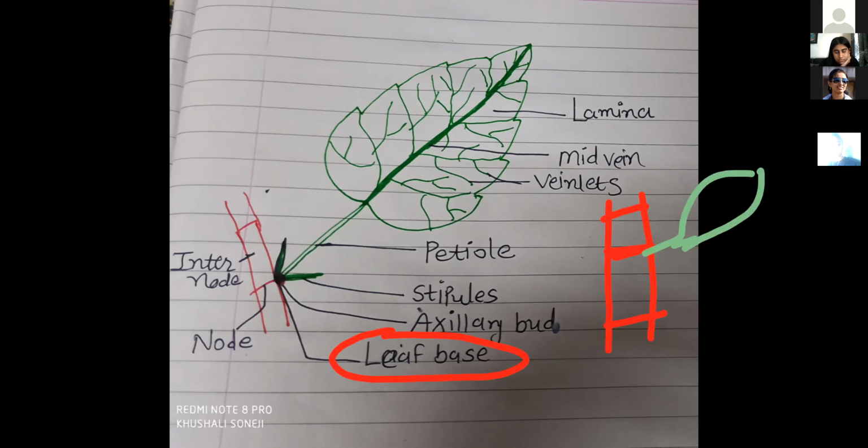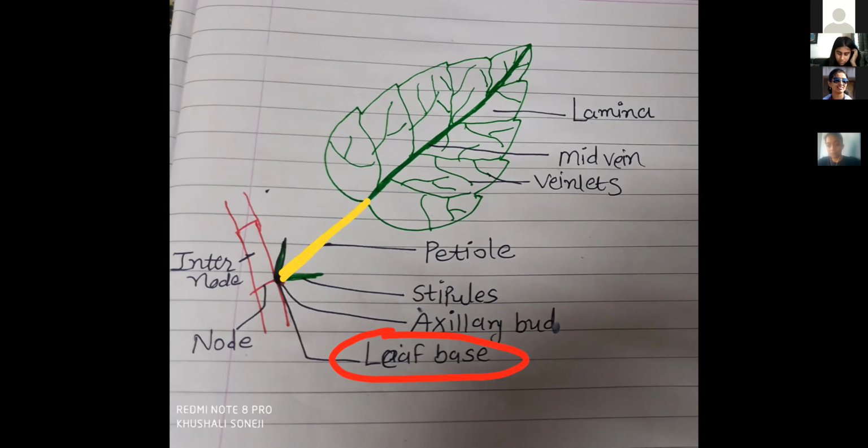Then next, the leaf base is what? The part of the leaf that is attached to the stem. That part we call leaf base. After that leaf base, the next part we call the stalk of the leaf. This is the stalk of the leaf, right? That we call petiole. And then the green broad surface we call lamina. In leaf, we are going to study these three parts.